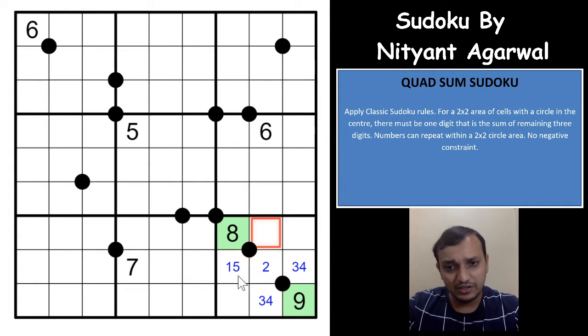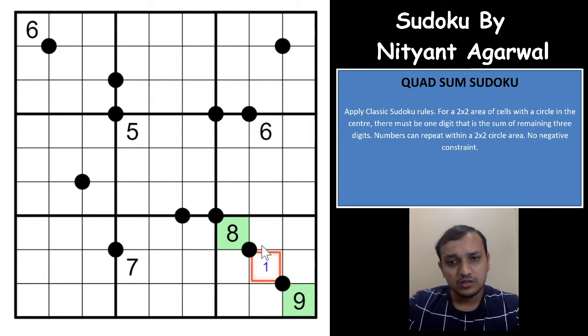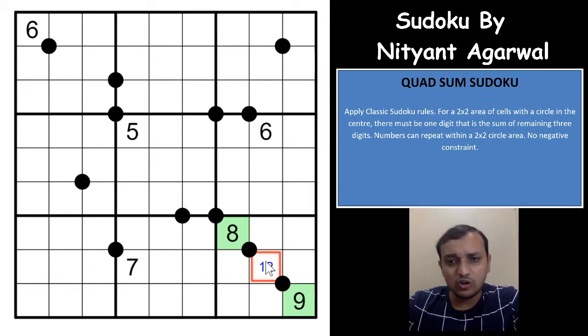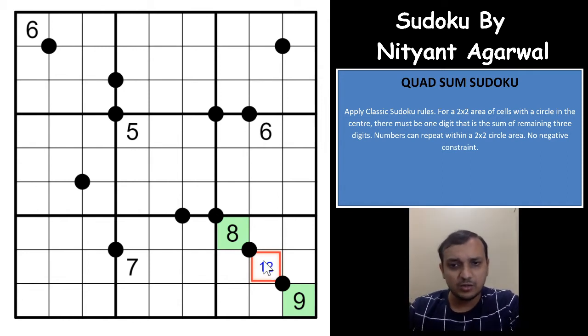And if you have a 1 here, which means that these two cells would have to be anything, right? So this cell can only be 1 or a 2, right? What I wanted to prove is that this cell can only be 1 or a 2, nothing else can come here. You cannot have a 3 here, 4 here, or anything else.